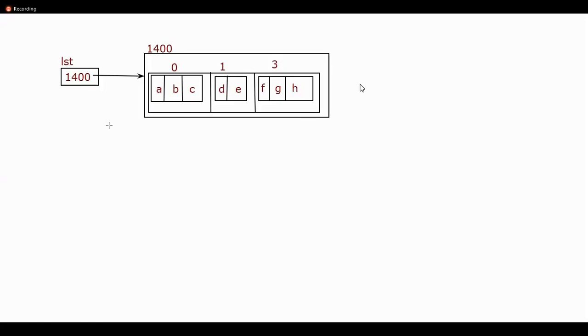It is just a superficial diagram that we have shown here, but the actual way it is going to be stored is different. What do I mean, sir? All of you focus here. Each of these strings, A, B, and C, will have its own separate address. Sir, what about this inner list?